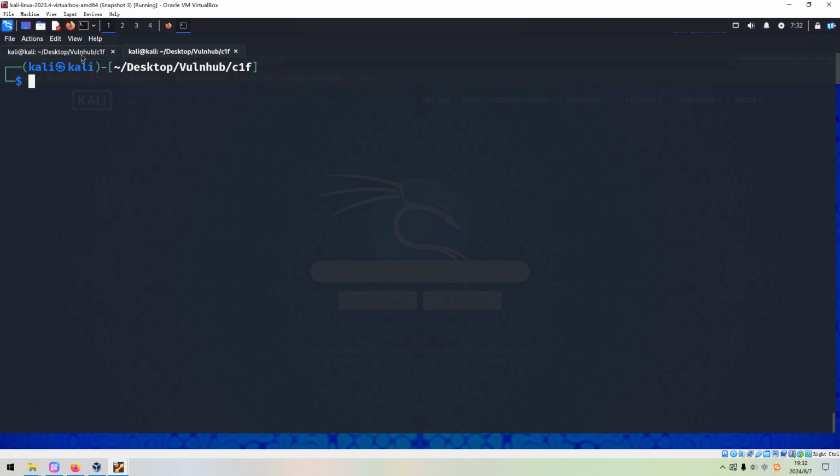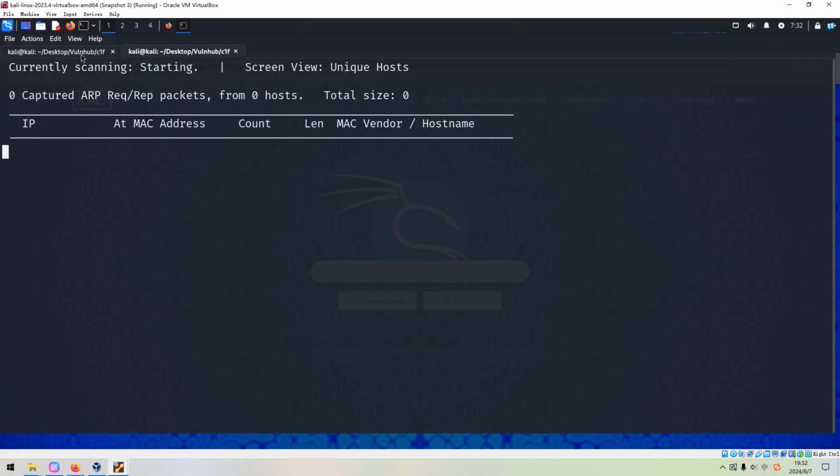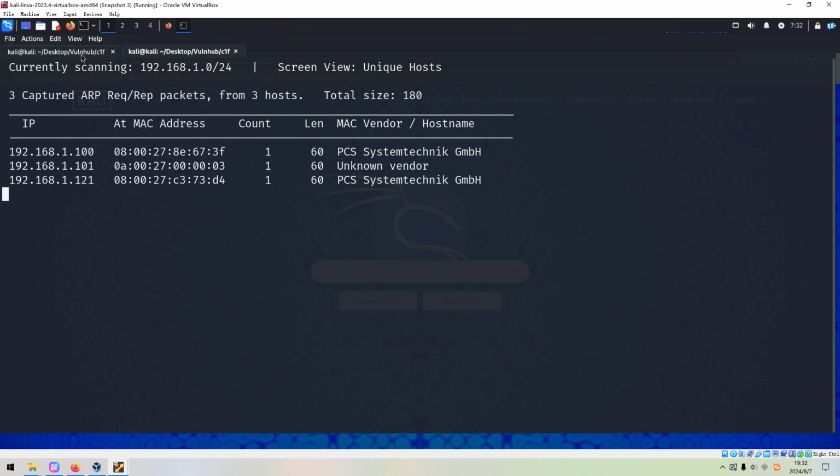The utility I'd like to use, as always, would be NetDiscover. As you can see over here, the IP address of the target could be recognized as 121. So what are we going to do next? We need to do the port and the service scanning with Nmap. To save time in this video, I've already completed it before. So for now, we just get out its result.